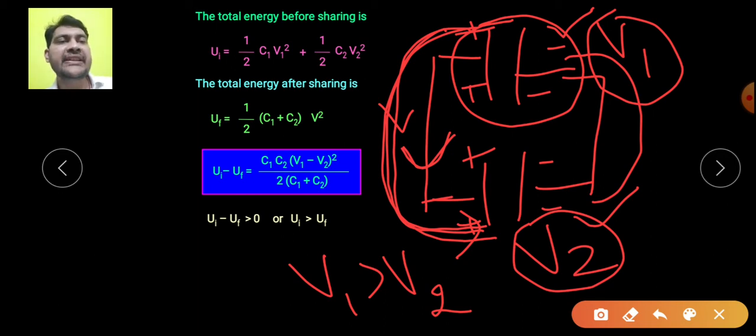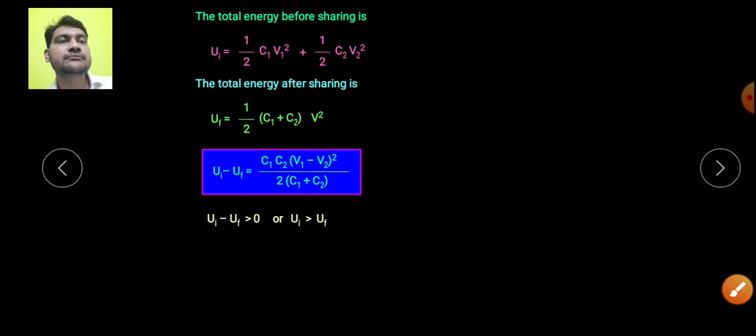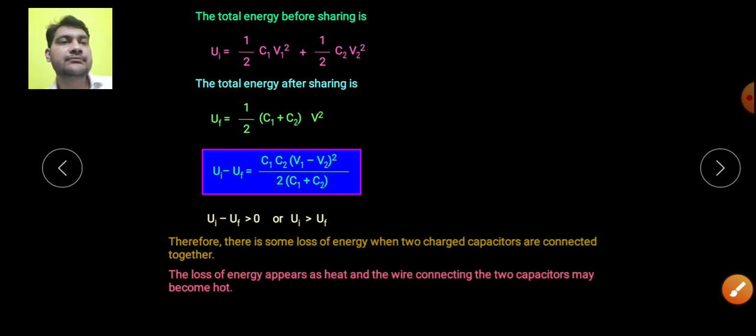That produced heat has come because of the loss of potential energy of the capacitors. This heat is lost in the environment, and that lost heat is actually the loss of energy. So the lost energy appears in the form of heat. Total energy is not lost, total energy is conserved, but the loss of potential energy stored on the capacitors is converted into heat energy in the wire. Okay. So these terms are already explained. Okay, so this was a very important topic, dear students.